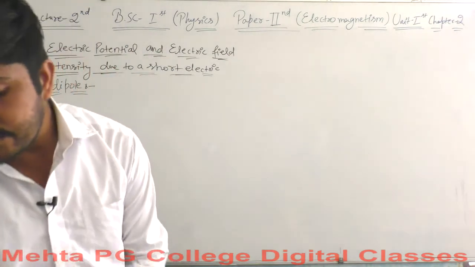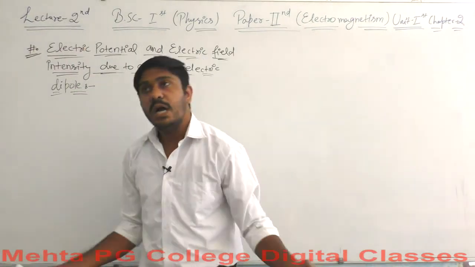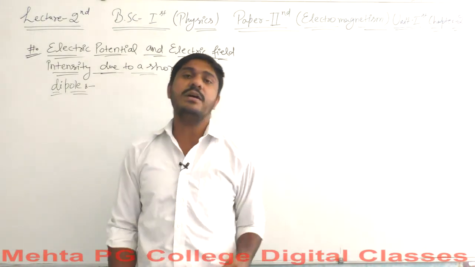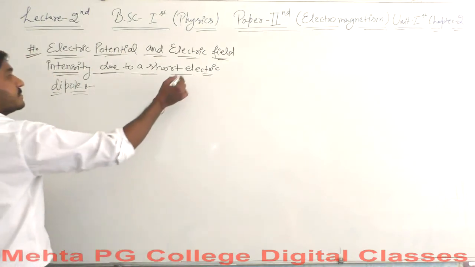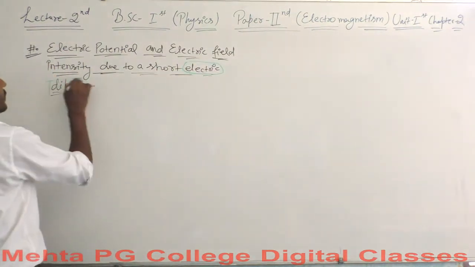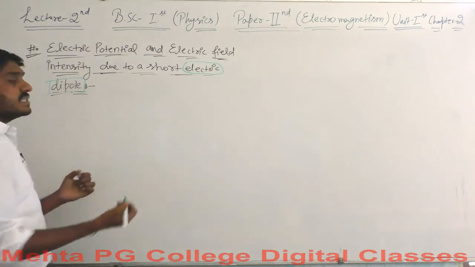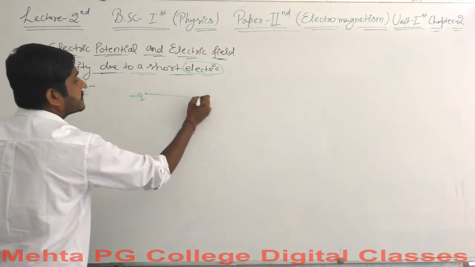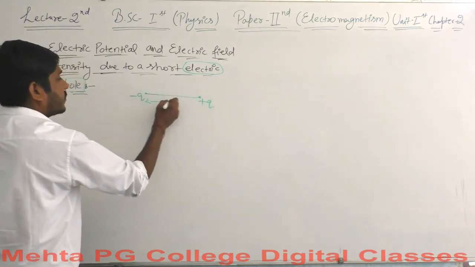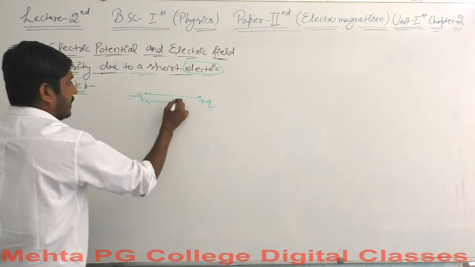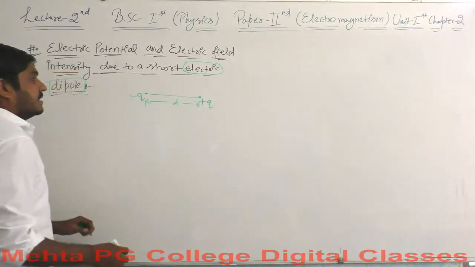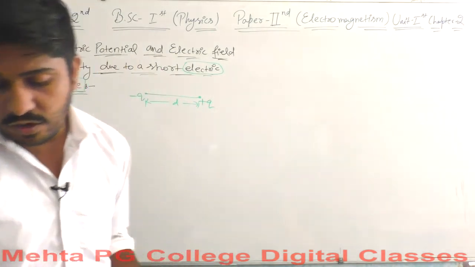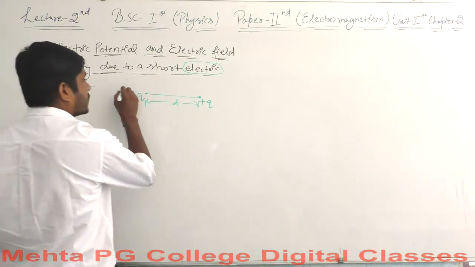Well, I will not give you a brief introduction of something like that. What is an electric dipole and what is the dipole moment? You know these things pretty well. An electric dipole is simply a charge separation, a separation of equal and opposite charges by some distance, say d in terms of physics. Two equal and opposite charges separated by a distance form a system called an electric dipole. This is enough for us to know.